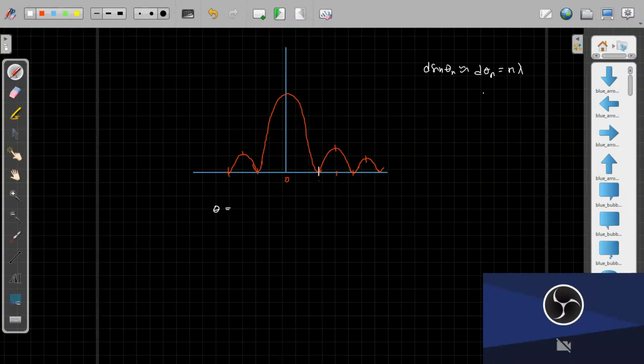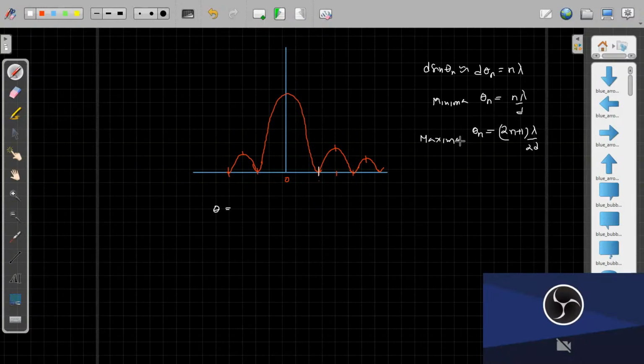Whenever theta n, the angular width, is equal to n lambda by d, we are going to get a minima. And when theta n is equal to (2n plus 1) lambda by 2d,